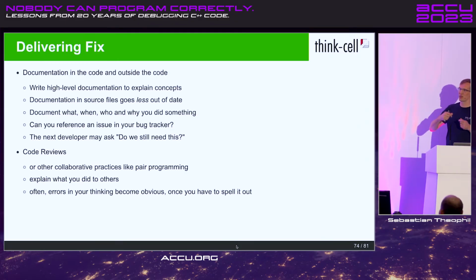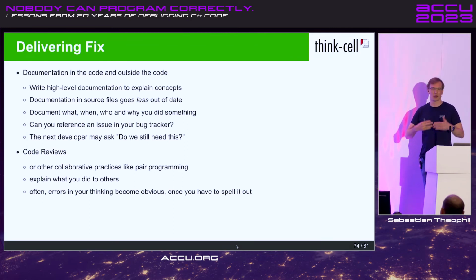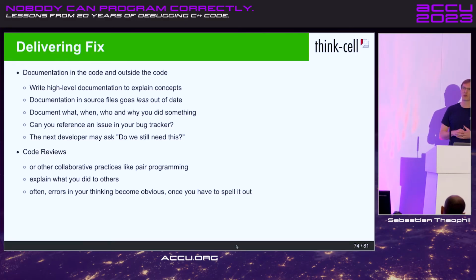We sometimes have to write why we did something, but more specifically, I think comments should answer the question, do we still need this? Because your future self will come along and wonder, not only why did we do this, but when can I remove this? So it's good maybe if you have references to your bug tracker that says, hey, this was a workaround for some bug in Windows 7, and we don't support that anymore. So you can remove that ugly hack.